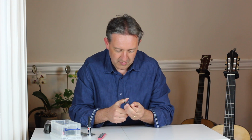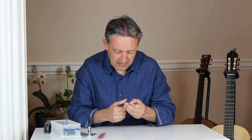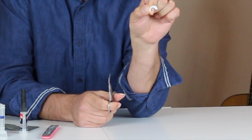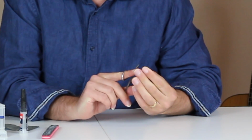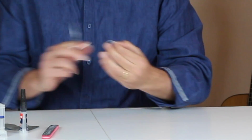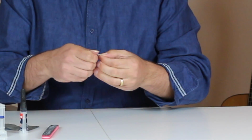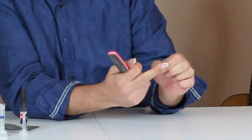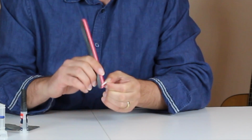I have to say that using ping pong balls isn't for everyone. Some people have a problem with the glue. Right then, so that's an index finger shape, I hope. Yeah, that's pretty good. So after that, I like to file these little sharp ends just a smidge, because when